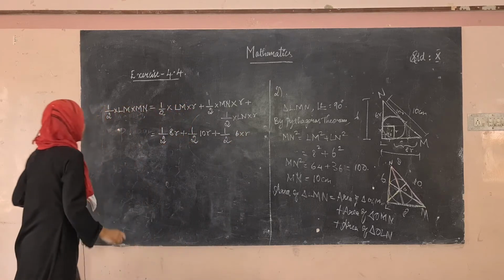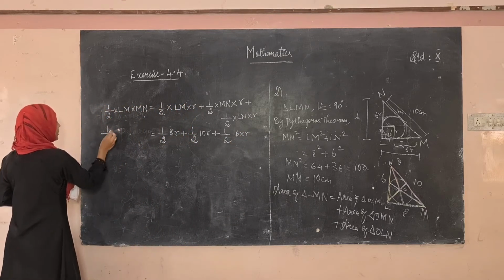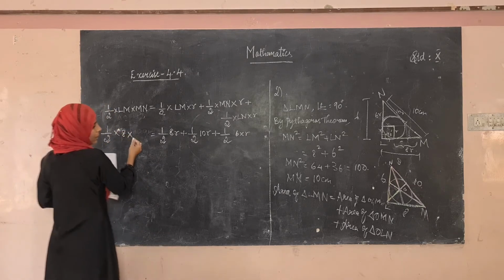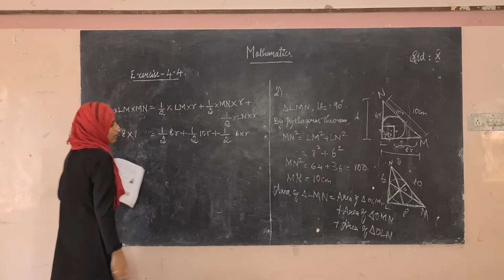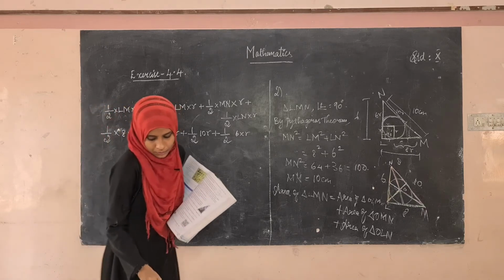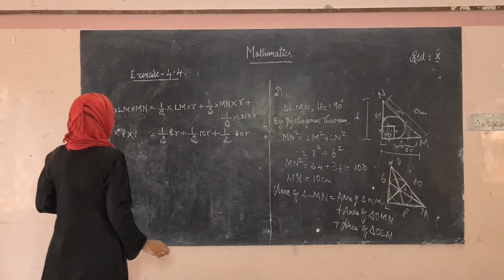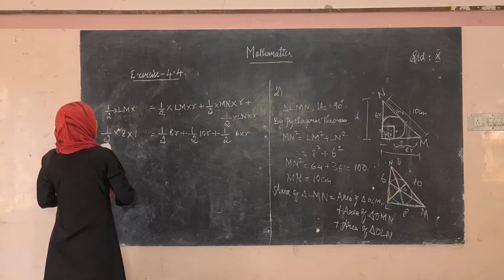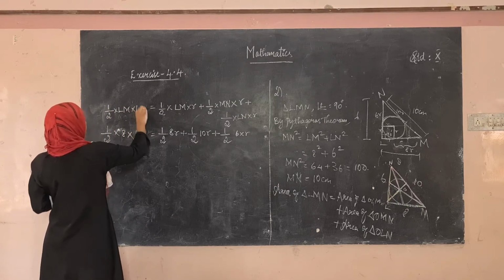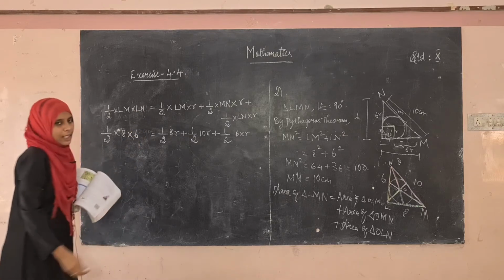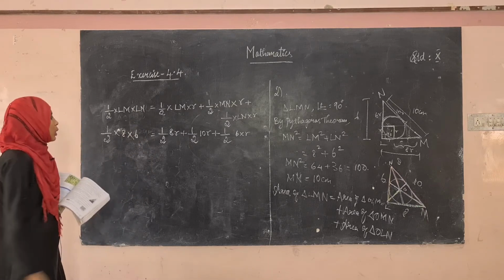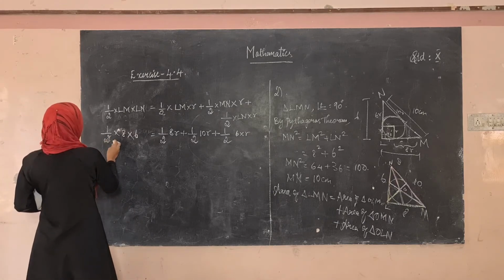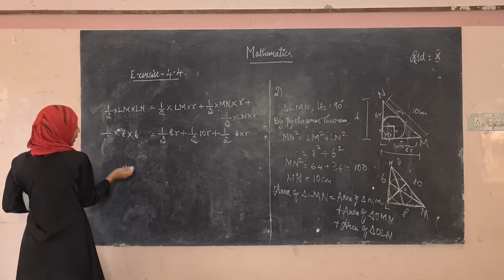Okay, so in the left hand side we are having half. What is LM? LM is 8. What is MN? We can take LM and LN. So it will be 6. Anything you can take, you can take either also. So now we are taking 8 into 6. Okay, now see this. If you want to cancel, you can cancel.